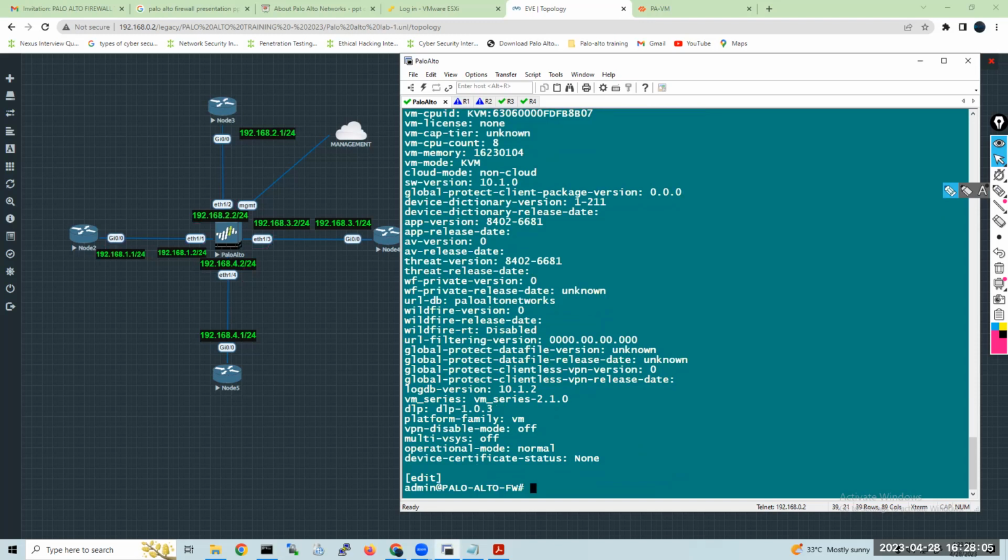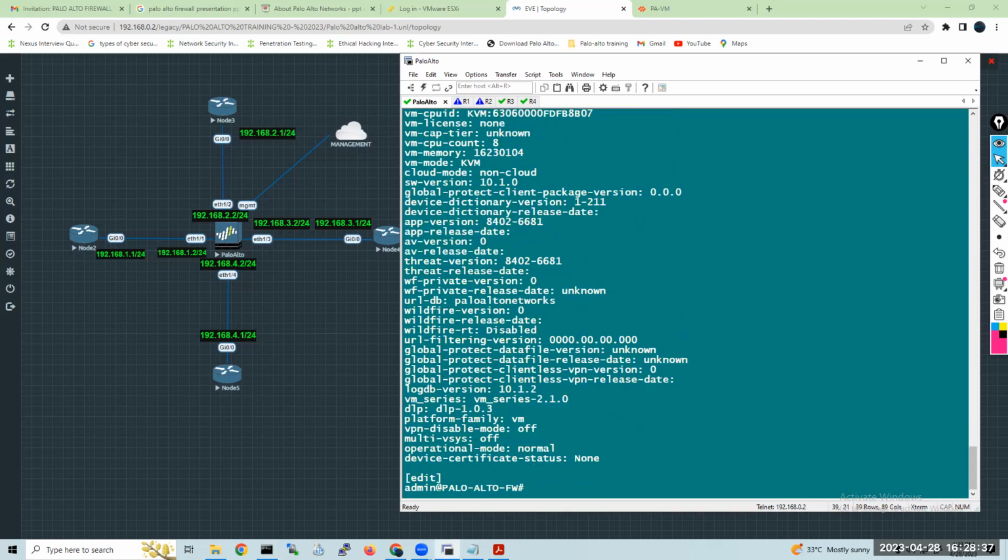Right now I am using the run command. Vikas and Pawan, listen carefully. If you are in configuration mode, we have to use run. When you are in global configuration on Cisco routers, you use do, right? Do show ip interface brief. Do you remember? Here we have to use run.